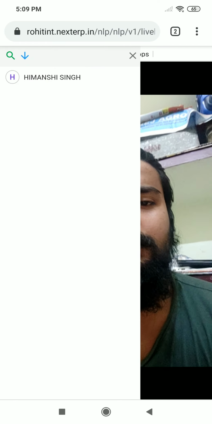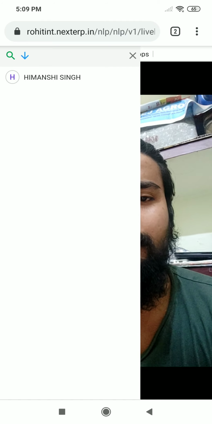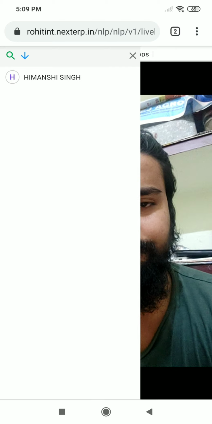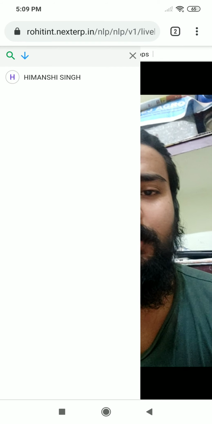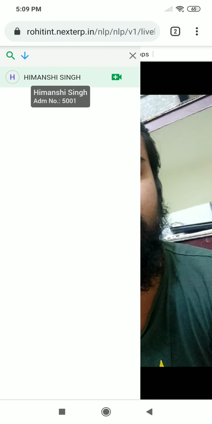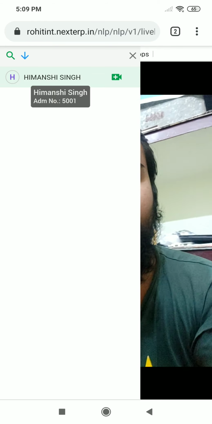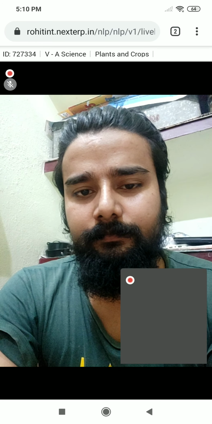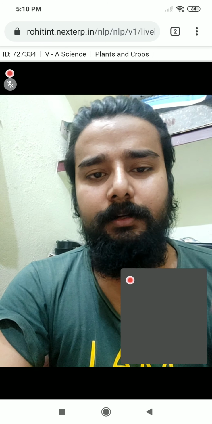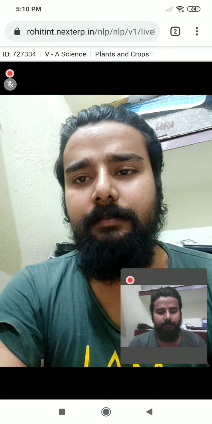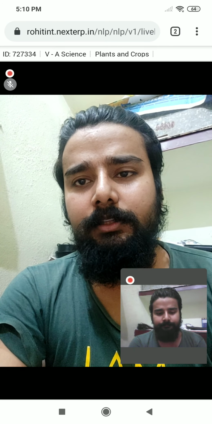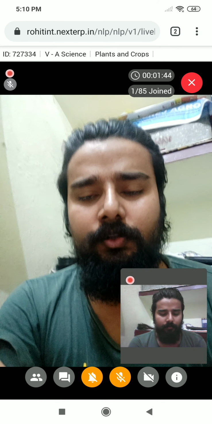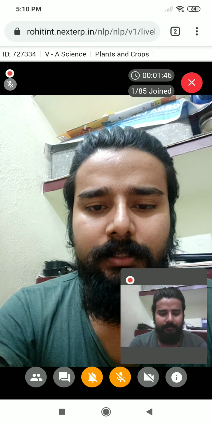Now once you click on participants, you are able to see the number of participants. Now this one is very good. If you want to pull any student and see what they are doing, simply click on their name and you can see there is a plus button. Once you click on the plus button, the student will come live, whether they raise their hand or not. You can see I'm just live. I can't do anything from my side. Now if you want to close this one, you click on this one also and then apply.